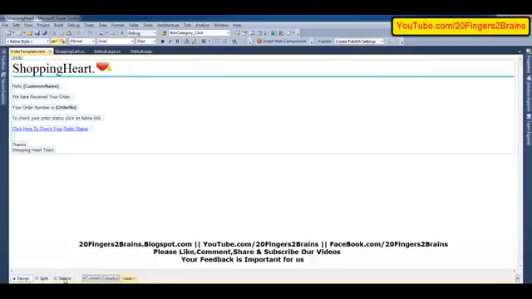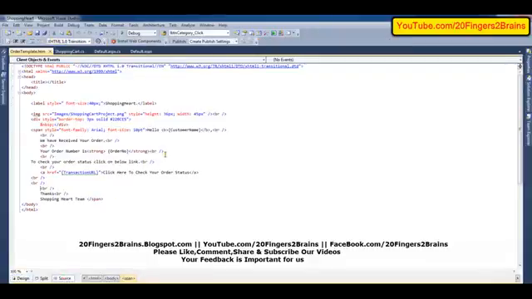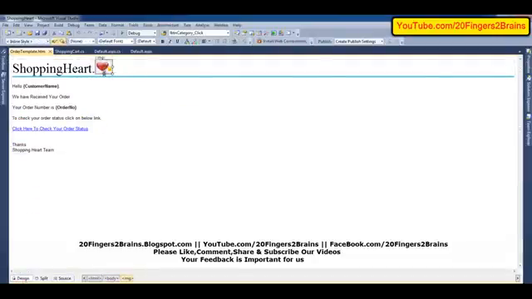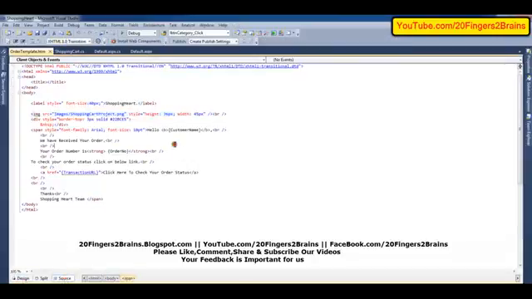To design it, let's go in the source. In the design, we simply have a body. Inside the body, we are adding a label, and inside the label we are displaying the name of our website, which is Shopping Heart. Then we add an image, which should be some logo. Here we are adding the heart shaped logo. When you are hosting this website, you should not give this kind of relative image path. You should give the complete URL,